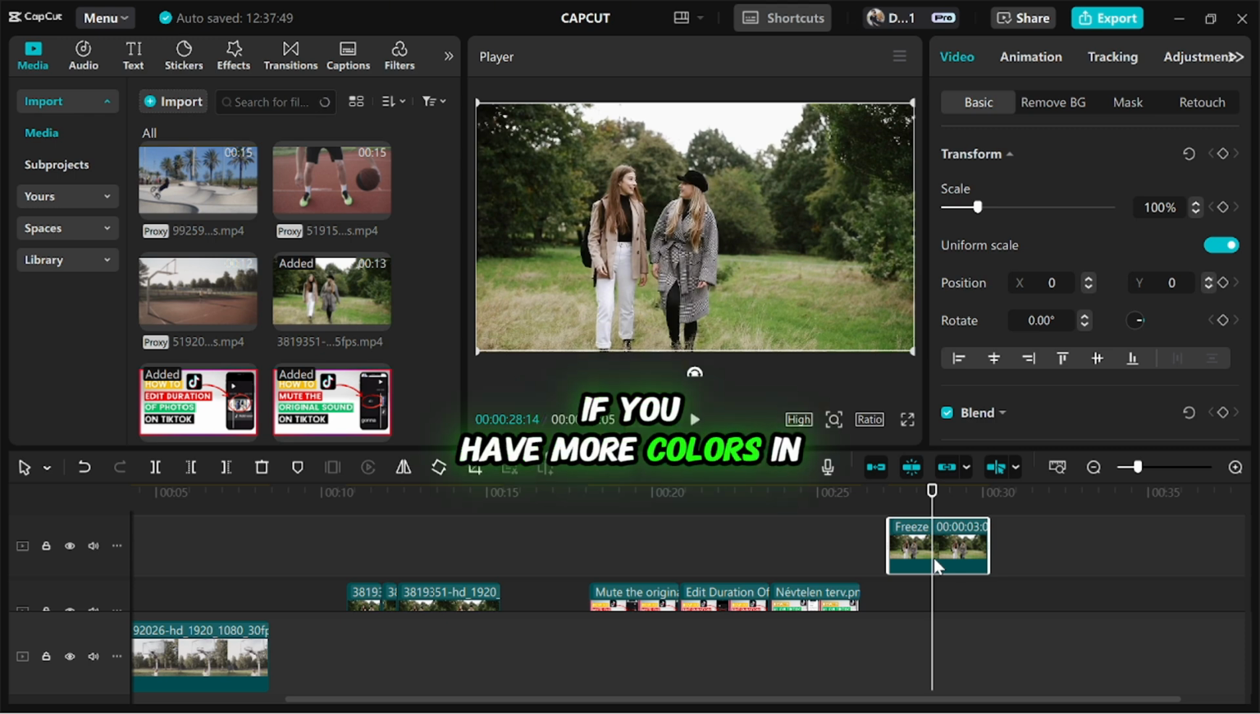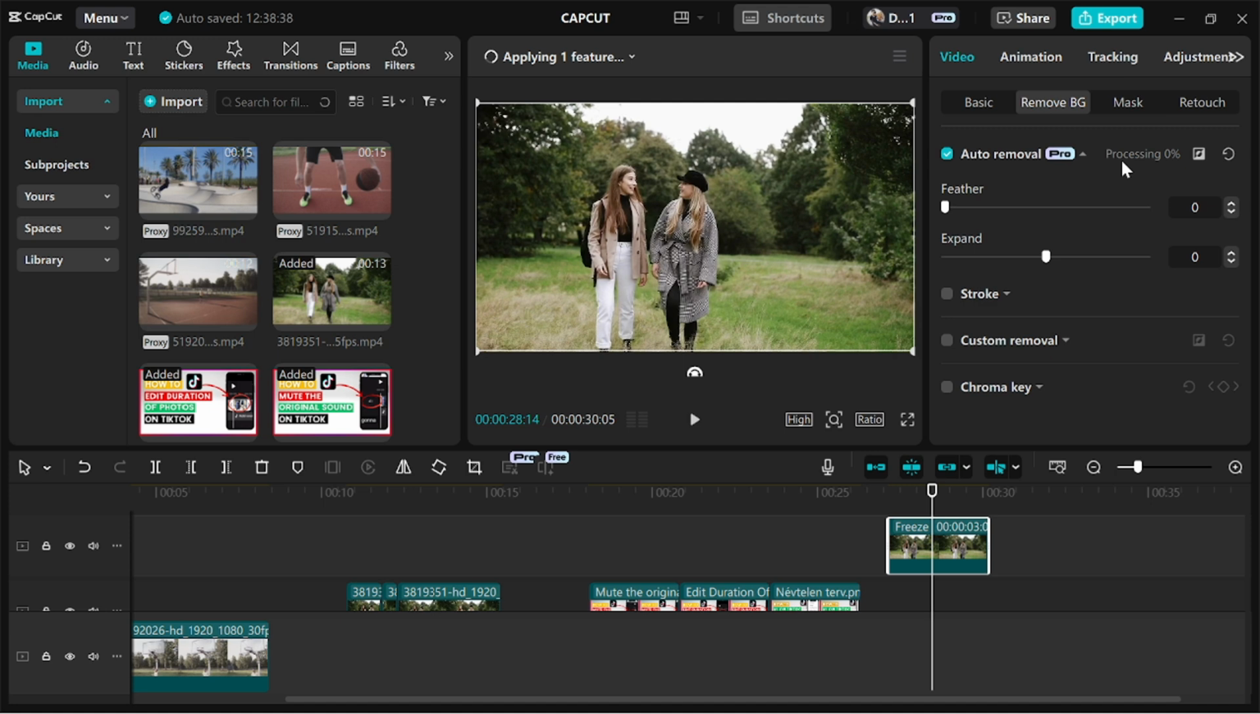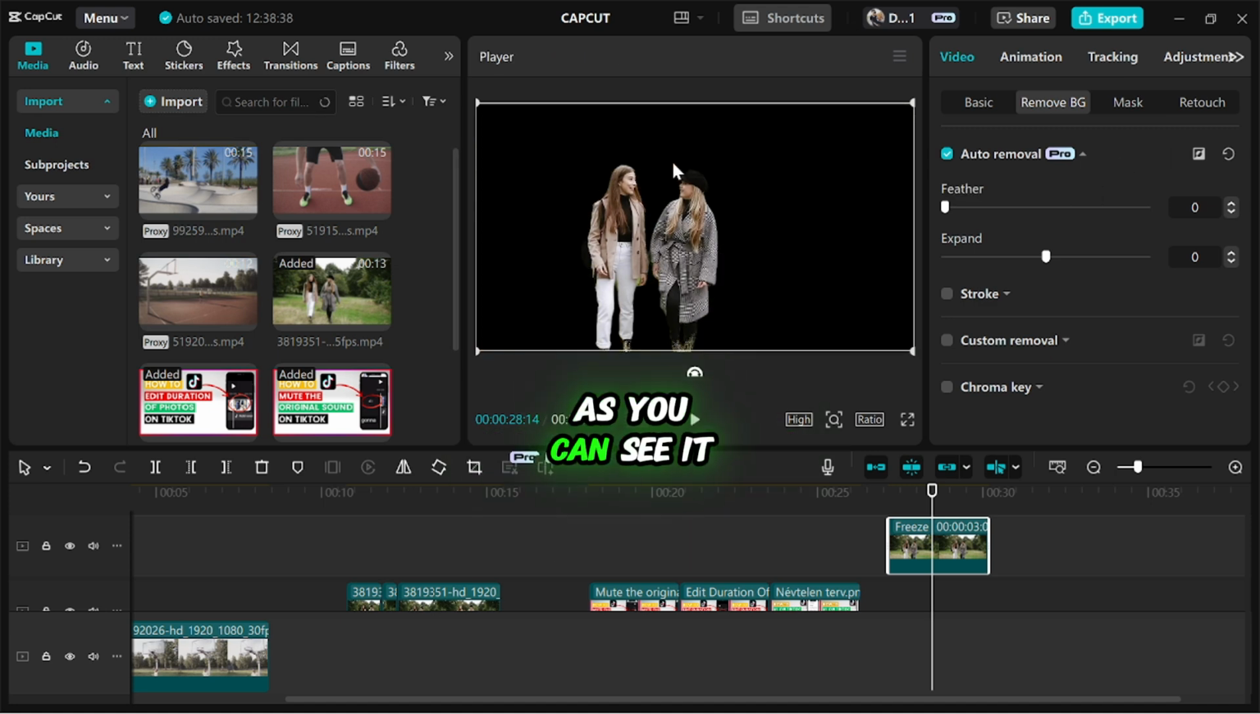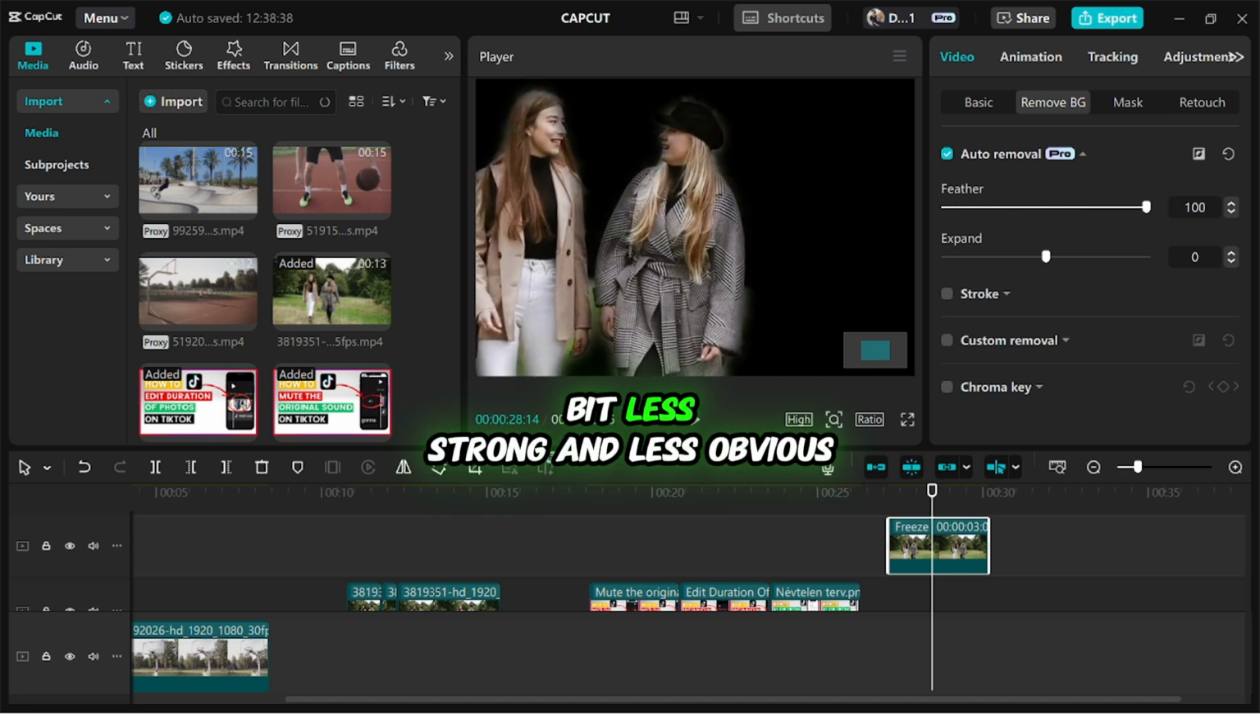If you have more colors in the scene, just go to video and go to remove background and use the auto removal tool. It's gonna be processing for a while, and when it's ready, as you can see, it is pretty accurate in my opinion. What you can do is just change the feather so the mask is a bit less strong